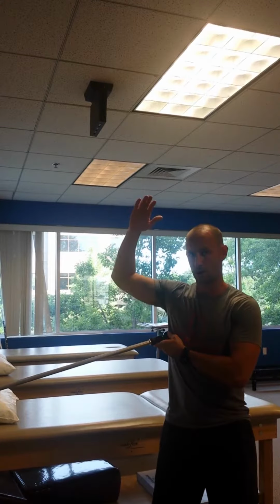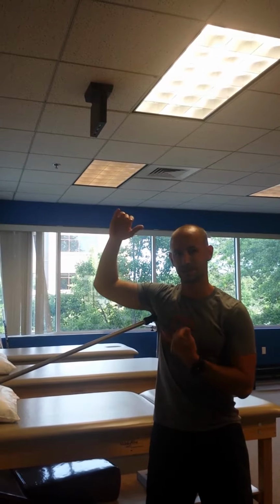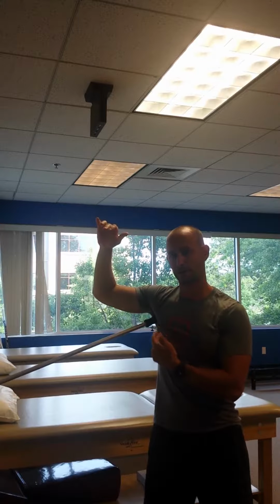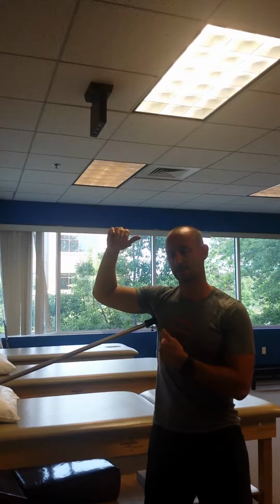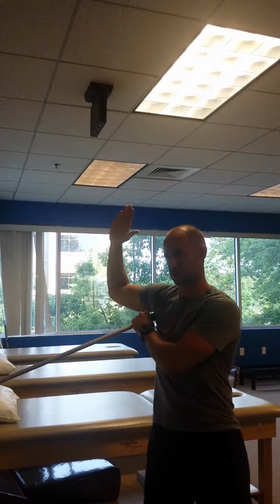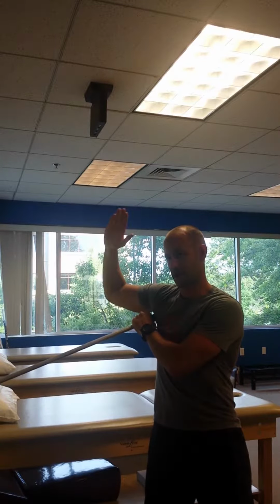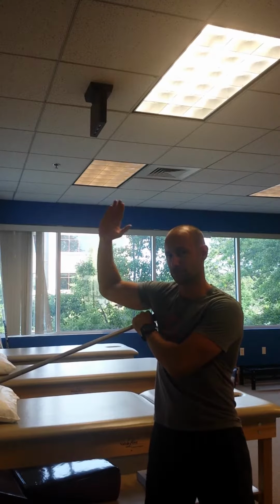So I'm going to kind of lift my arm up, and that'll bring my shoulder blade out to give me access to my subscap through my armpit. Now, if we push too hard in there, that can be dangerous, but we can get some mobilization to that muscle by applying a little pressure through my armpit. And then I'm simply going to work into external rotation while I have tension on that muscle. It doesn't feel great, but it's a great way to improve some shoulder mobility for going overhead or anything that